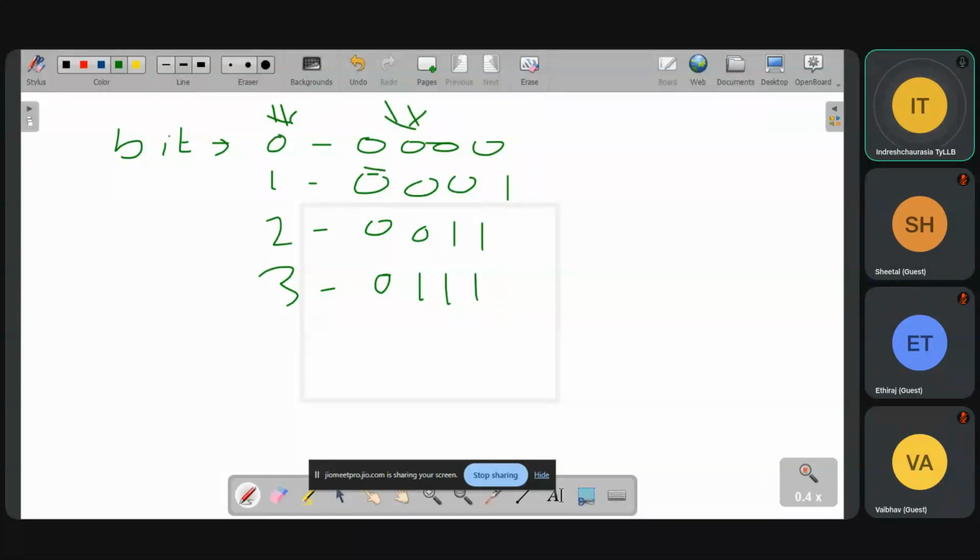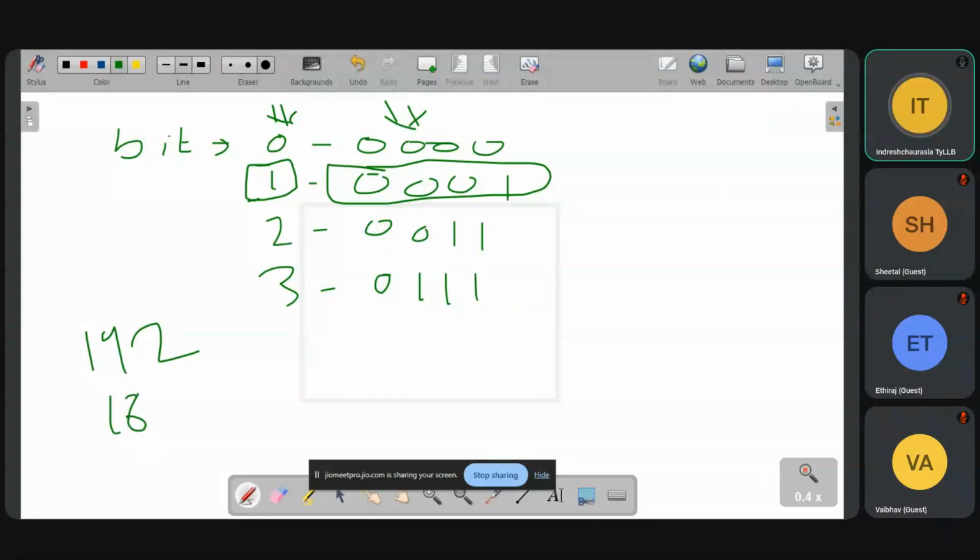If you convert this particular thing into numerical form, this is the numerical form you get. When we convert it, the numbers we get are 192, 160, sorry, 128. So that way we are getting the number.